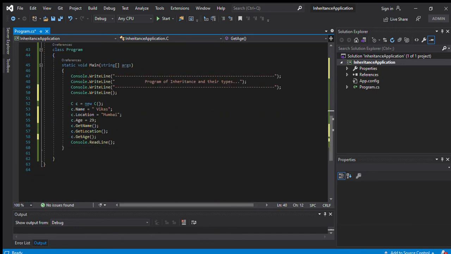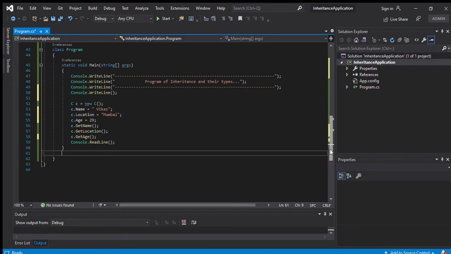Whenever I create the object of the C class, I access the A class members, I also access the B class members, and also the C class members. How do we access these three? With the help of inheritance.